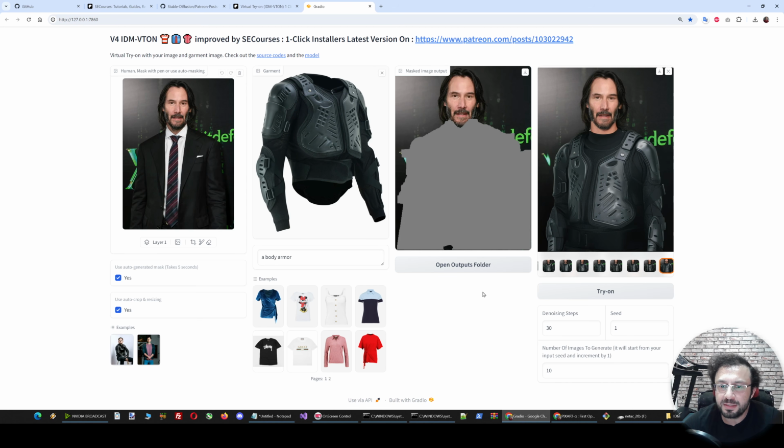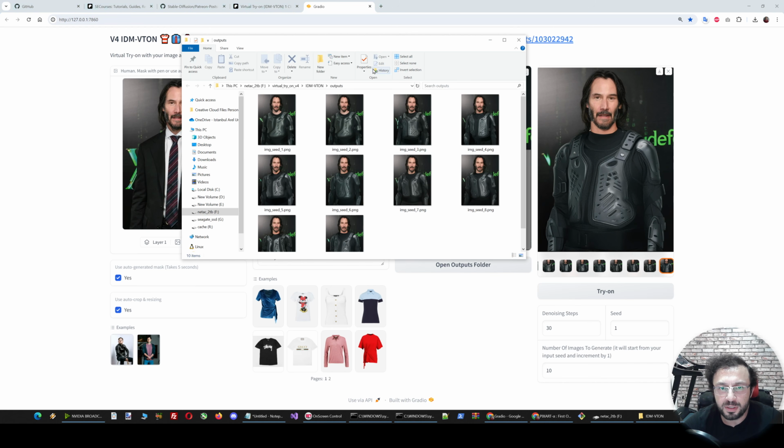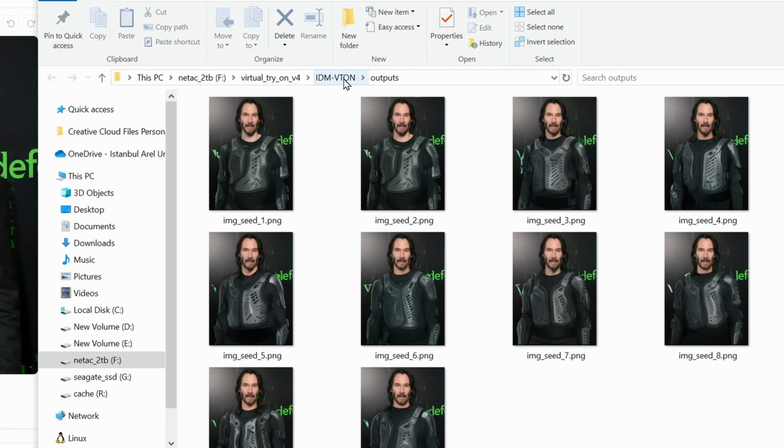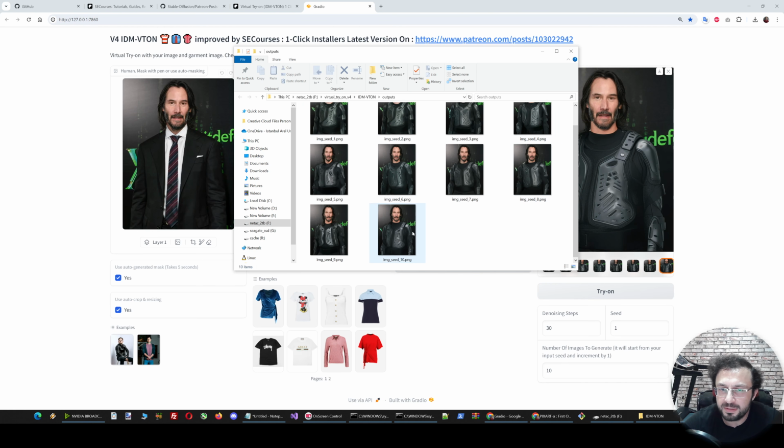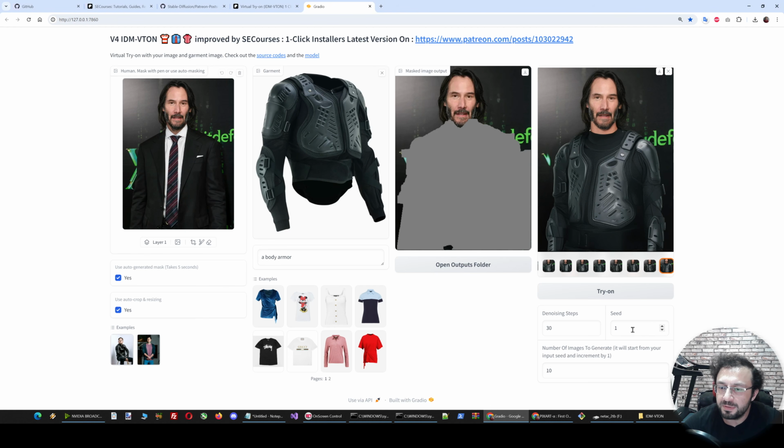Moreover, they are automatically saved inside the outputs folder. So click this button and it will open the outputs folder, inside the IDM-VTON folder, and you will see that the images are generated and the seed of each is displayed like this. So this was seed 10, seed 7, seed 8. It will start from this seed and increment it by 1 when you generate. So if you want to generate more images with different seeds, you can set this to 11 and it will continue